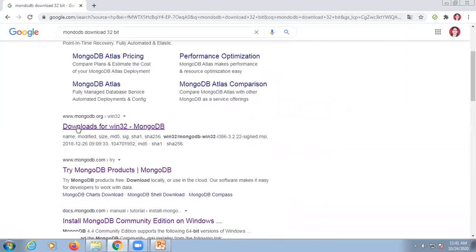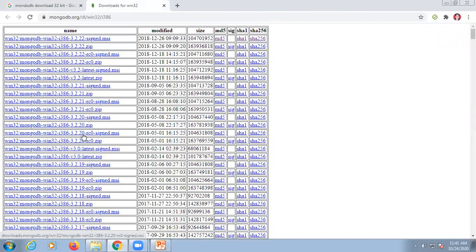After that you will get a web page, Windows downloads for Win32 MongoDB. As we need the 32-bit version, we have to find which version you want.